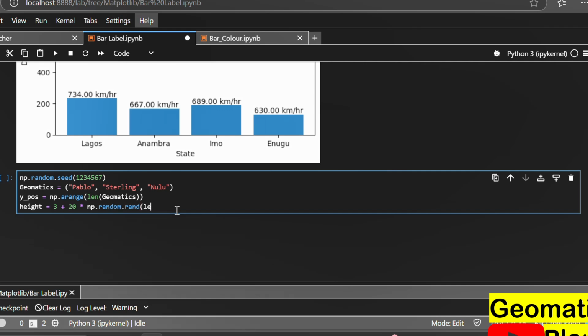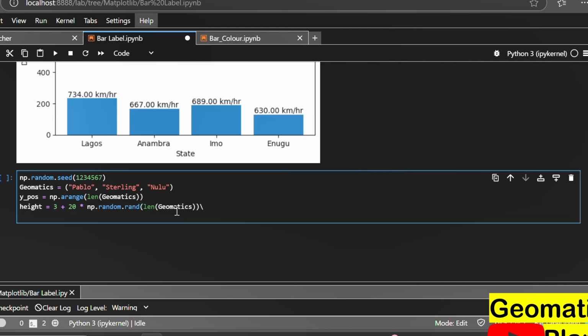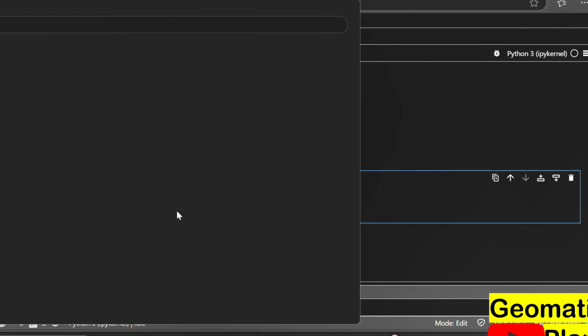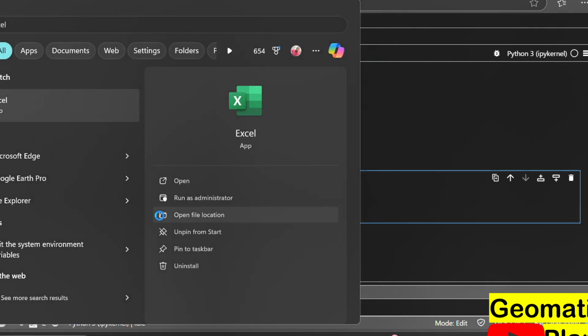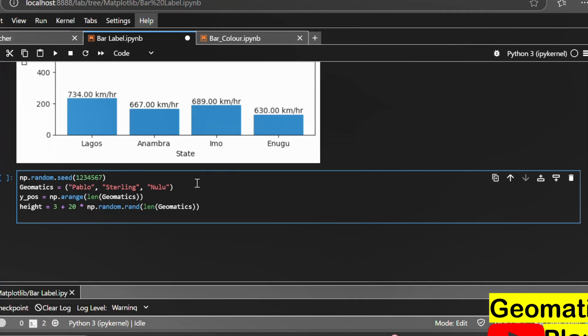And then we also need to look for the length, which is going to be the length of the geomatics. So whatever we need there, we can multiply by the length of the geomatics that we have there. So we close it up with this, and with that we can now, remember when you are plotting in an Excel sheet, for example, you have